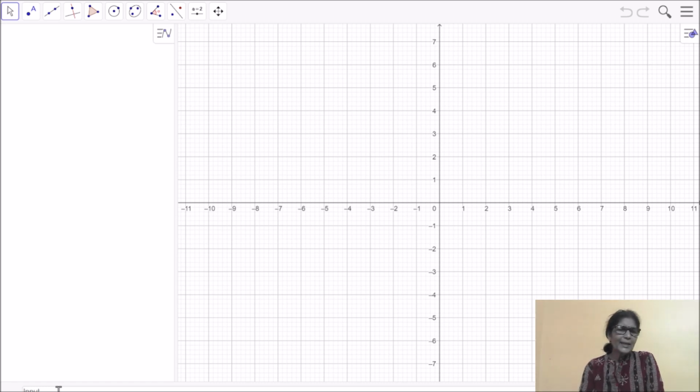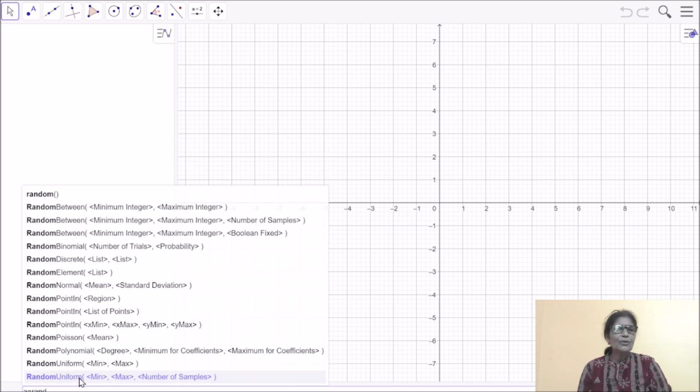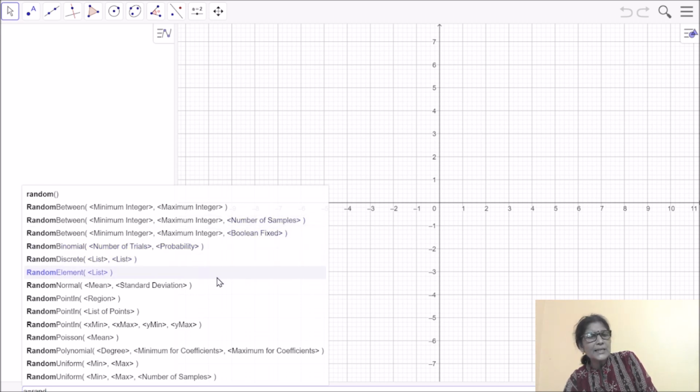So I'll take a as a variable, small a equals to, and here there is a command that is random between. If I just write it, you will see random between integer minimum, maximum, random between this list. So many things are there. I don't need all the things now. I need this random between minimum integer and maximum integer.